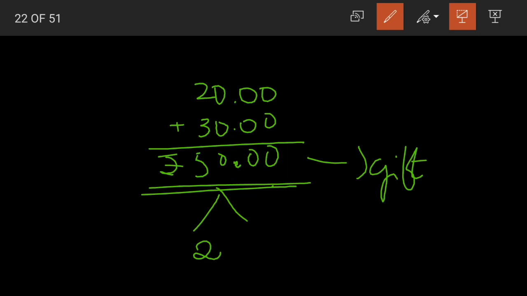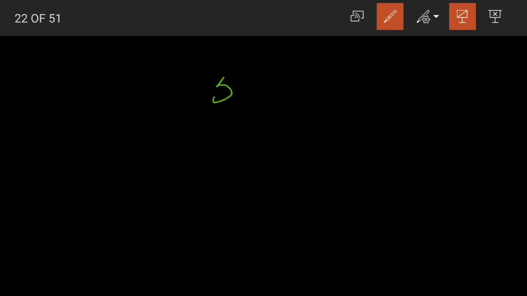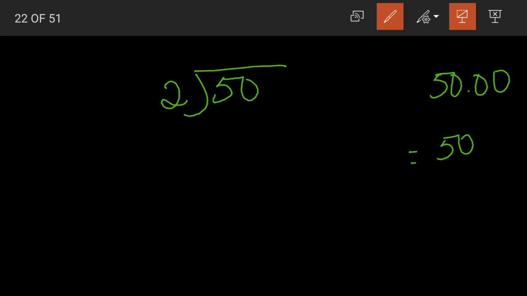Now how will we find out the amount that should be paid by each? We have to divide 50 by 2. Yes, children, we have to divide this 50 by 2. See, 50.00 is nothing but simply 50 rupees, right? For ease of division, we have simply removed the paise here because it's nothing but 0 paise. 0 paise means there are no paise. Then what is the need for us to write it in the division here?